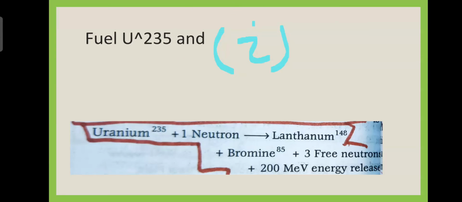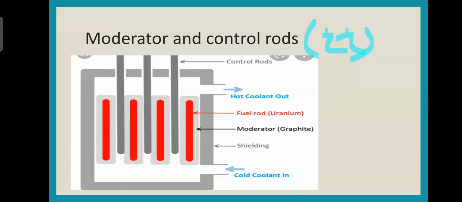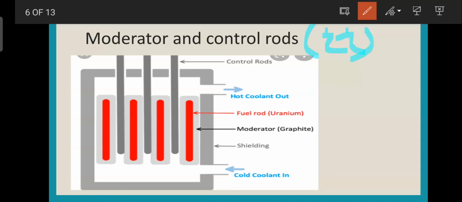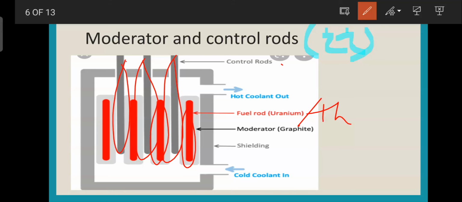Okay, this is our reaction. Then come to our moderator. This is our main moderator working. Here is the control rod. Those are the control rods placed over here. Those are required to be pushed up and pulled down as per our requirement. And this is our fuel rod. The fuel rod contains uranium and thorium. Remember this. And those are the moderator covering the fuel rod to moderate our chain reaction.